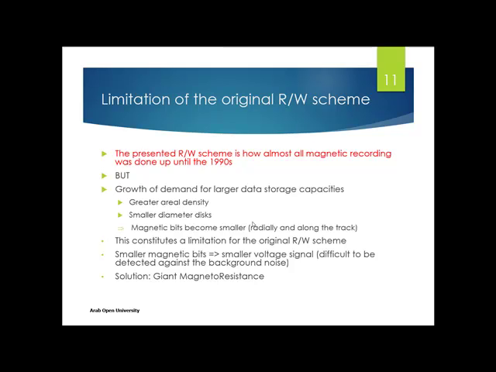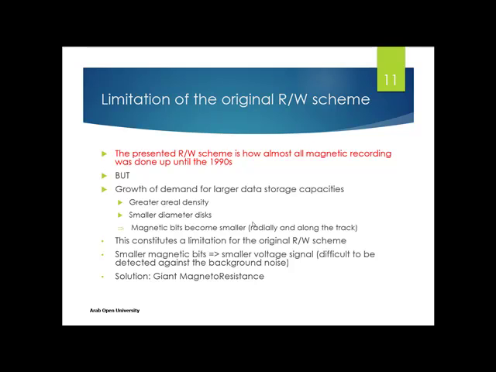However, with the growing demand for larger data storage capacity, there was a push towards greater areal density, and at the same time the need for smaller diameter disks. So this requires the magnetic bits to be smaller. And this restriction in size is indeed a limitation to the original read-write scheme, since a